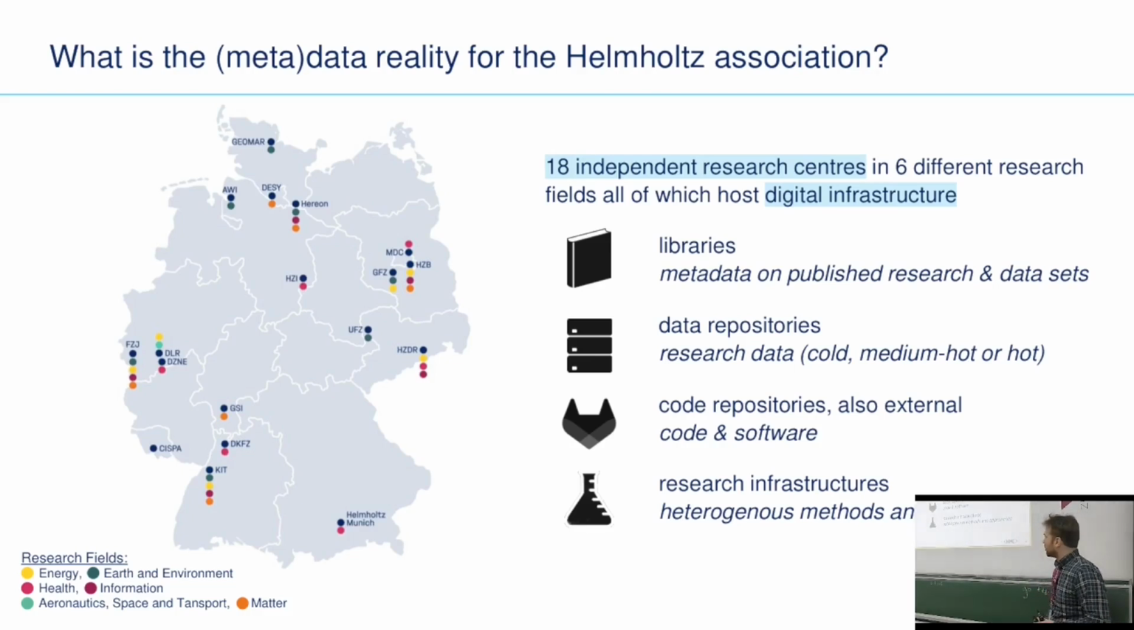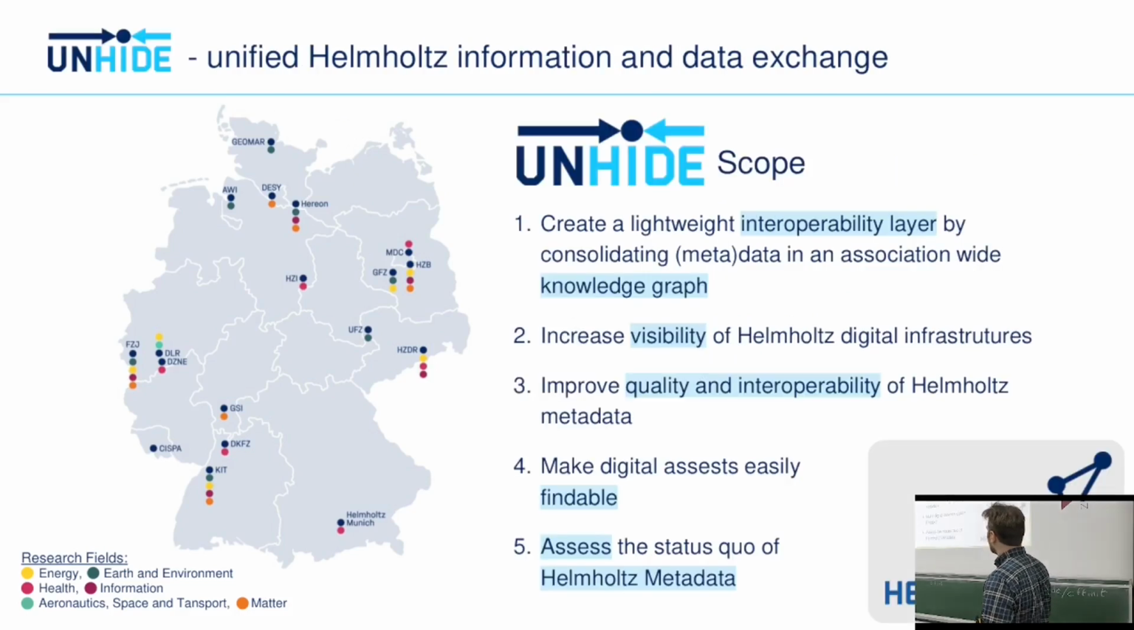So first off, I'm from the Helmholtz Metadata Collaboration, so we are in the Helmholtz scope, and you probably know Helmholtz. It's a large research organization with 18 different centers, and all these centers have their own infrastructures all over Germany, all kinds of infrastructures, from code repositories, data repositories, libraries, of course their labs, research infrastructures. Currently there's no way to search through all of them to find what's there, and therefore we decided to create a lightweight interoperability layer,